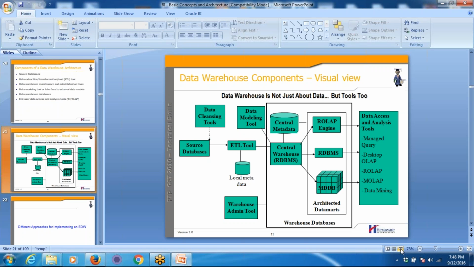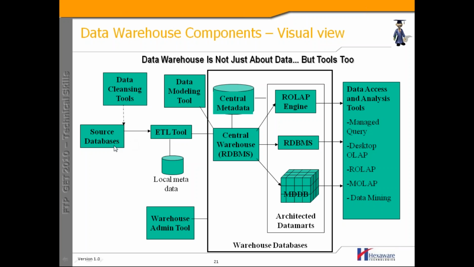If you see in this particular diagram, you've got the source databases, you have the data cleansing tool, the ETL tool, and the warehouse. These are all the different components. Now take the example of any company. Every company will have its source applications where the data is stored in the source databases, and you use your ETL tool to cleanse the data, right? And then you transform the data in the staging area, and then you move the data to the warehouse,